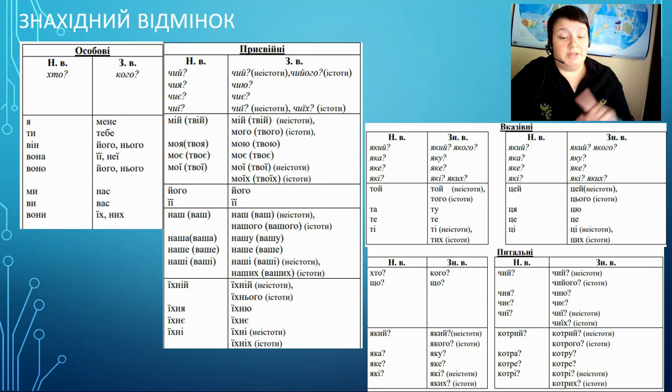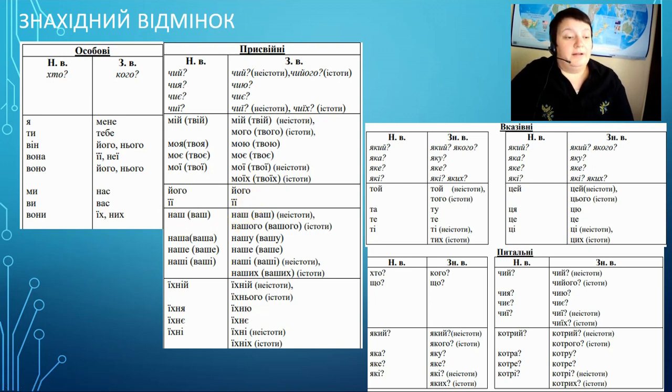I talked about animate and inanimate objects when we learned about locative case of nouns, and we came across it in locative case of adjectives a little bit. So here you can see the difference between animate and inanimate objects. So animate, they are people and animals, and inanimate, other things, objects, plants, and so on. So in nominative and in accusative, його, his, її, her is the same. The forms are the same.